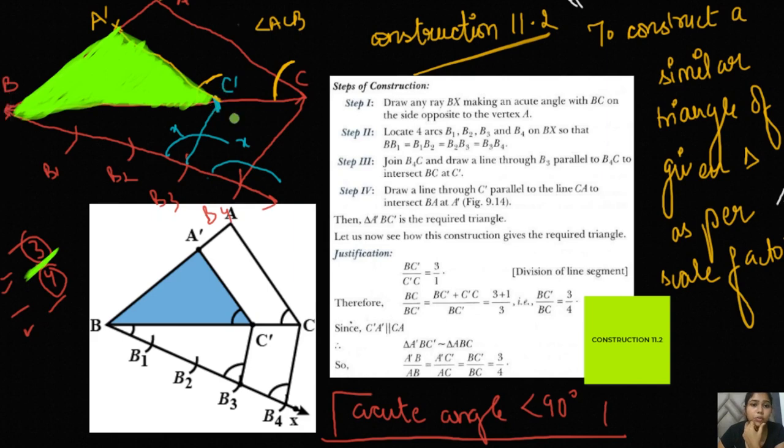Let's just suppose it is C dash. Then here you have to mention the similar one, and here also you have to measure the angle. You have to draw the similar angle here also and draw the parallel line again, and this is what you are getting, and this is your similar triangle. I hope I'm clear by this on how to draw a similar triangle using construction.